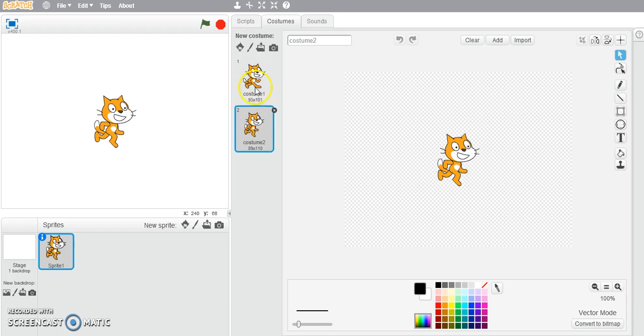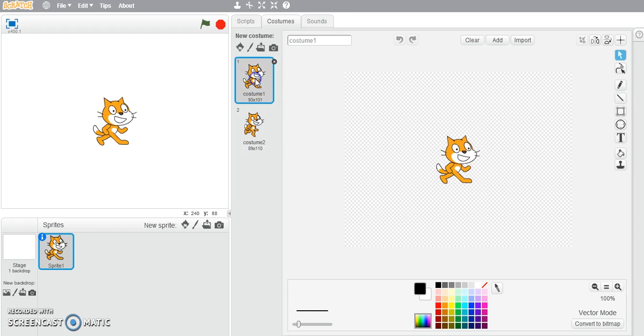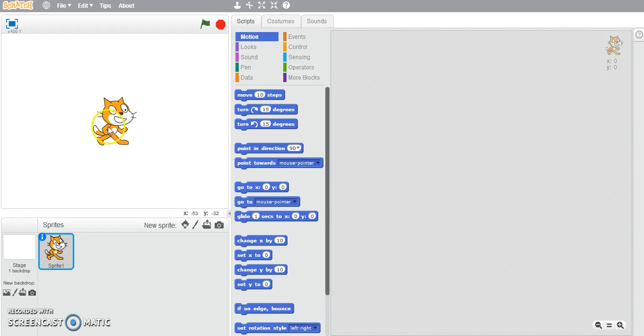Now many of the computer games that we play, many of our characters have got hundreds of costumes, which we just take for granted as we play. But what we're going to do is learn how to program costumes through an animation sequence. So the first thing we're going to do is delete our cat,